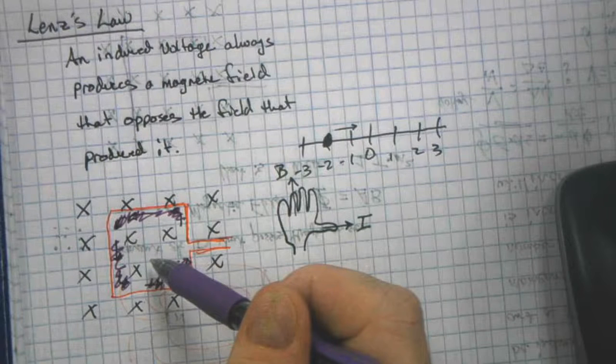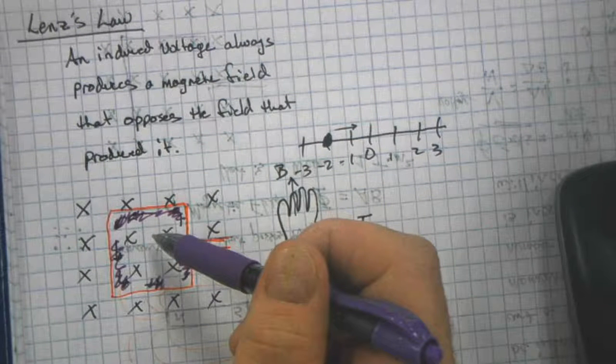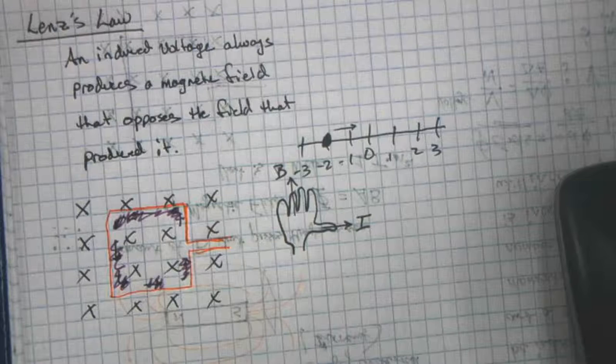If this is, you guys follow me here? If this is decreasing, that means the field that's making the change is going up. We need to do something to oppose it, which is going down. Usually, it's in the same direction as the field that's going, unless we start increasing again, in which case it reverses. All right. So in this case, we would need our field to go down, our fingers into the page, and we'd start getting a current like this.